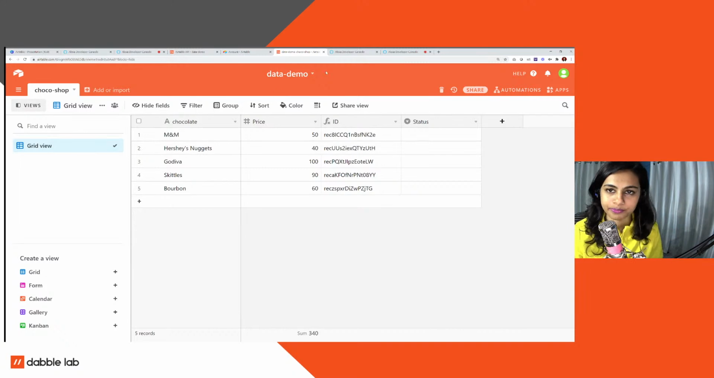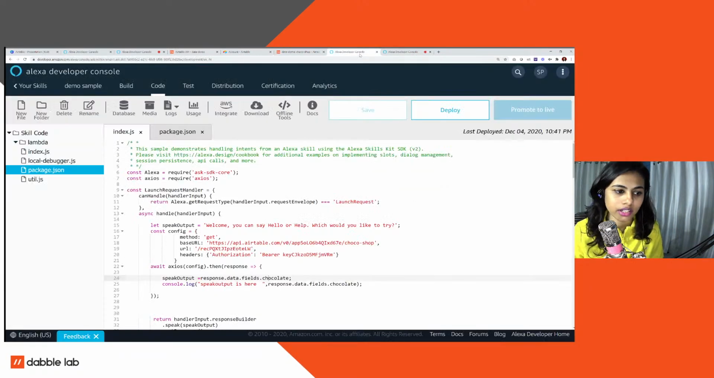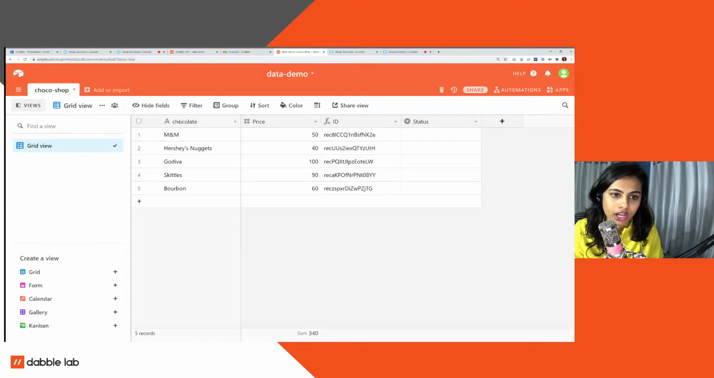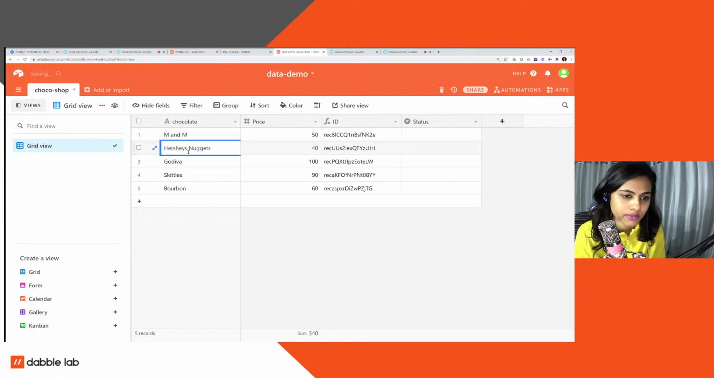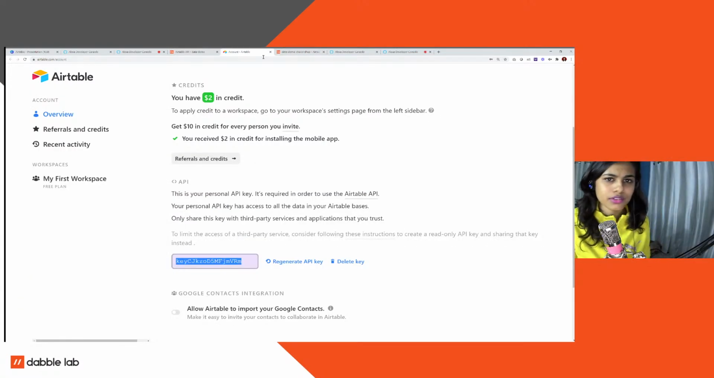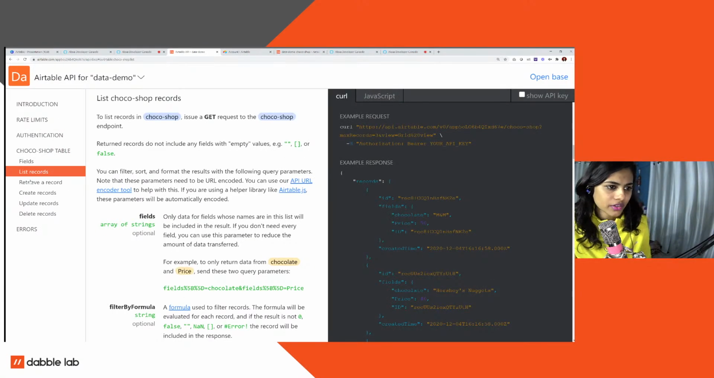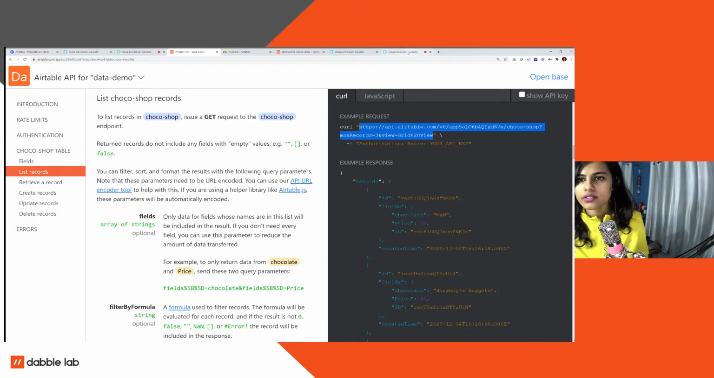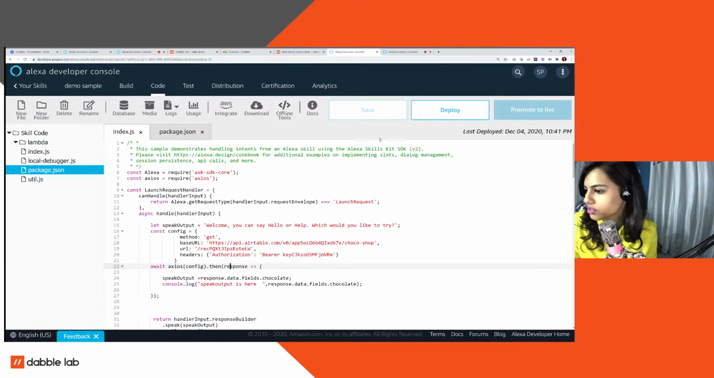So that's the thing. And the other thing that I wanted to show is that you can fetch all the data from a particular table. But before that, what I will do is I'll just do M&M, I'll let this be Hershey's Nuggets. And now let's go to your API. If you just go to list records, this will be your URL. So now if you just go to your console,